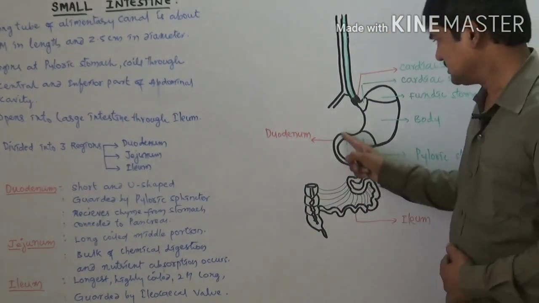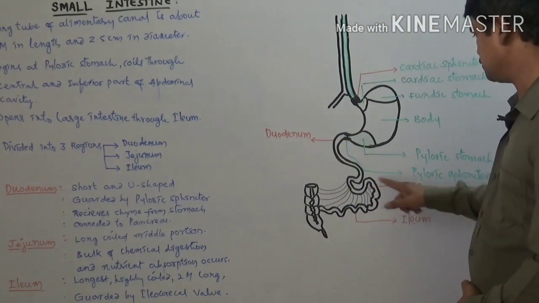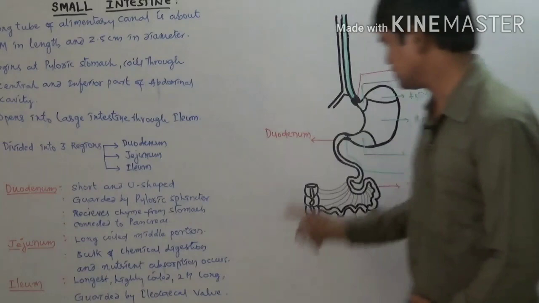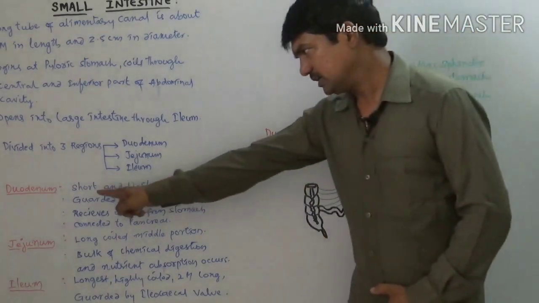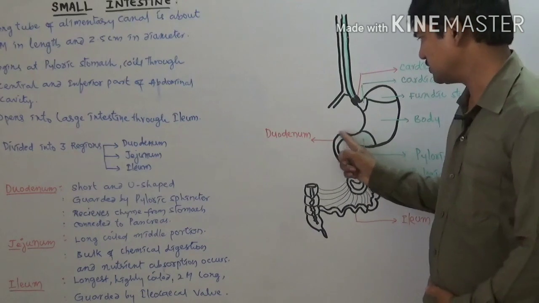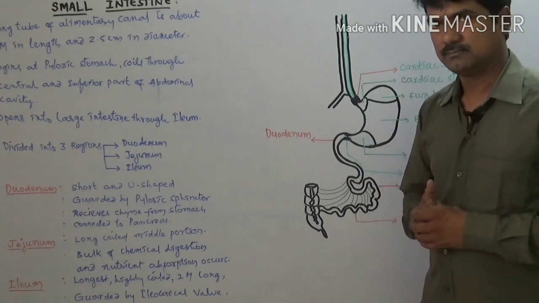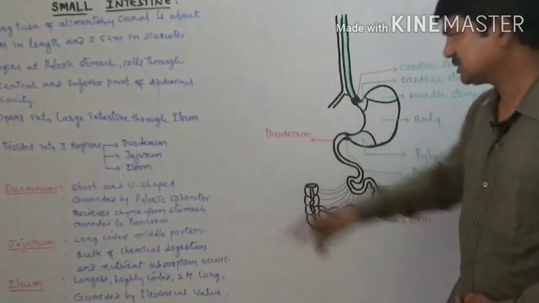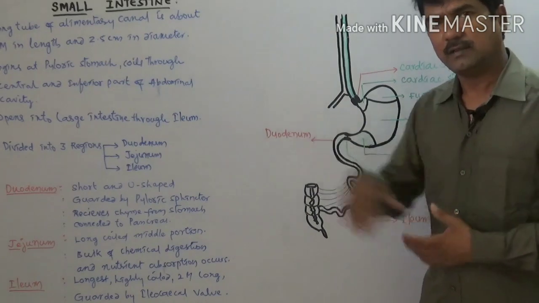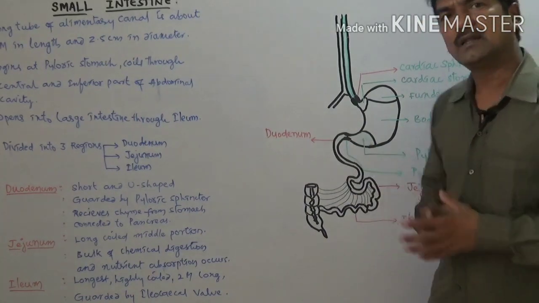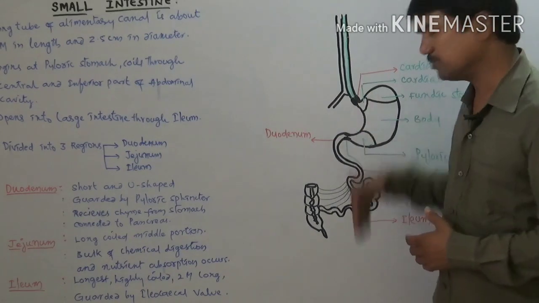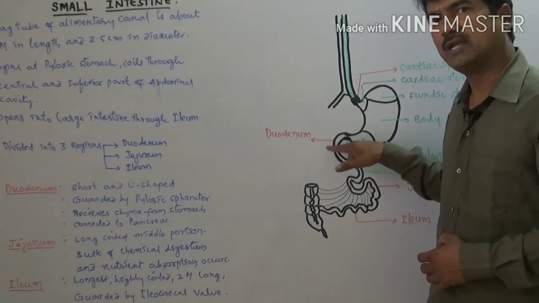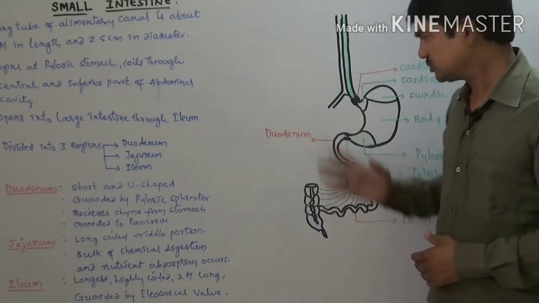So here this is the duodenum, the middle part is called the jejunum, and the remaining part is called the ileum. Here we can see the duodenum. It is a short and U-shaped part. It begins at the pyloric stomach, where it is guarded by a pyloric sphincter. As we explained in the previous classes, the pyloric sphincter regulates the movement of food into the small intestine